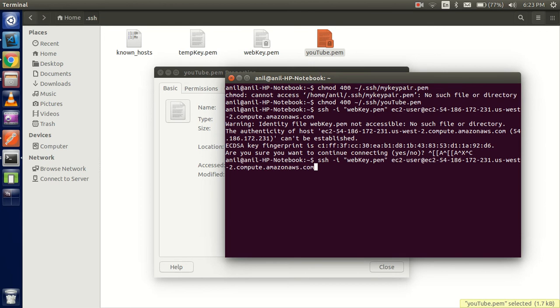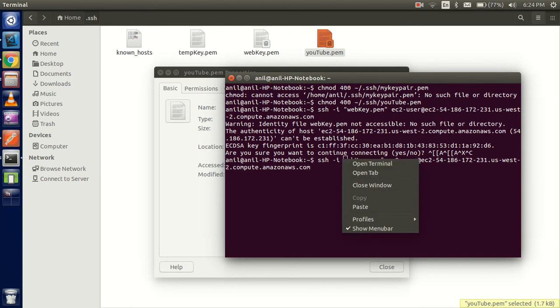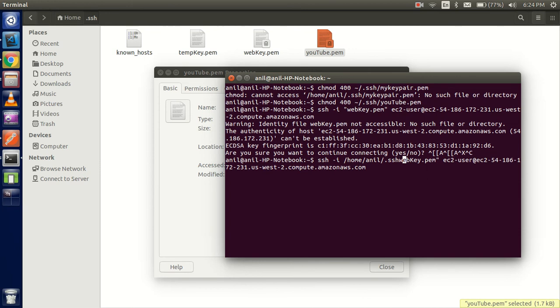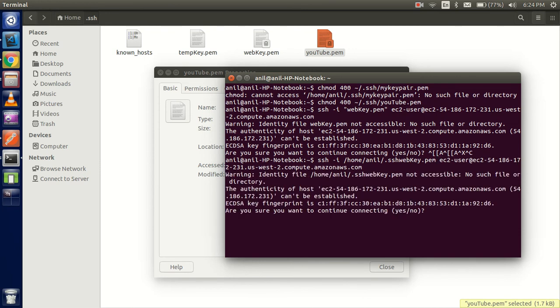Just cancel it and write the path here, paste it here. You can remove the extra part from here, just press enter,